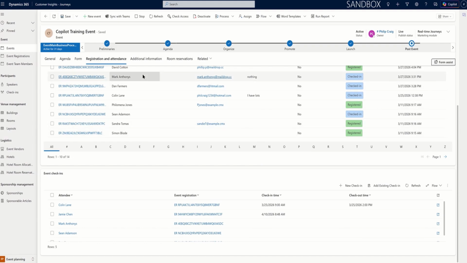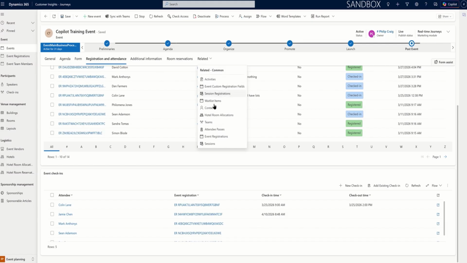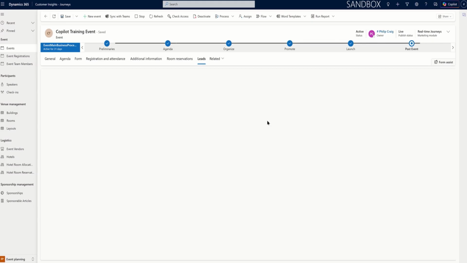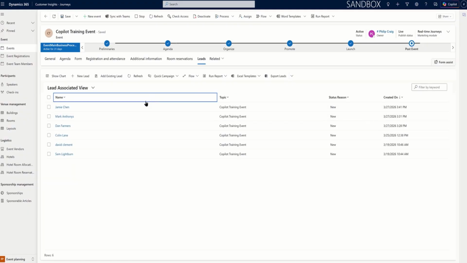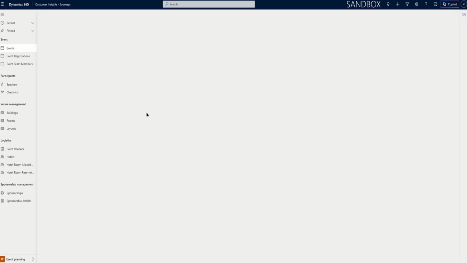So if we come into our lead section, we can see a list of leads that have been created for this event. These have all been created automatically. They're all tagged to the Copilot training event, they all have the status of new, and they're ready to be actioned. Jamie Chen is right at the top here with the correct topic. If we click into Jamie Chen's lead record,